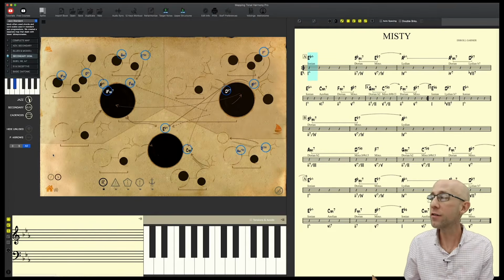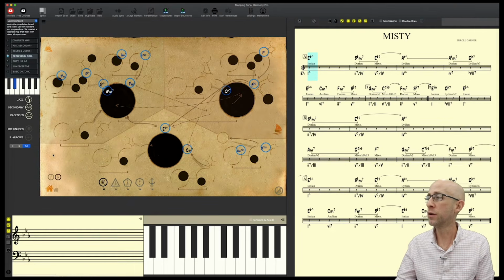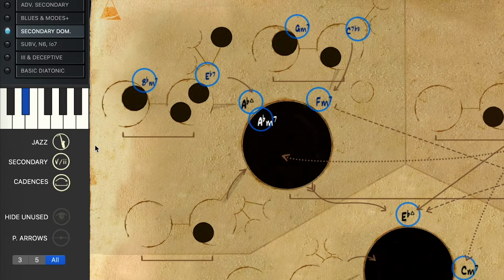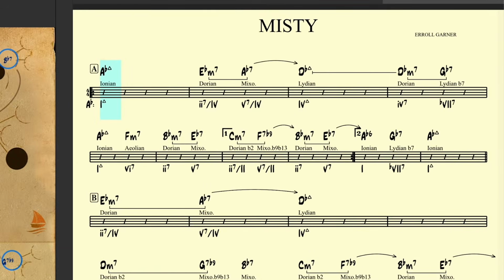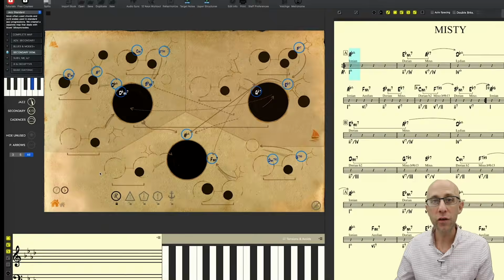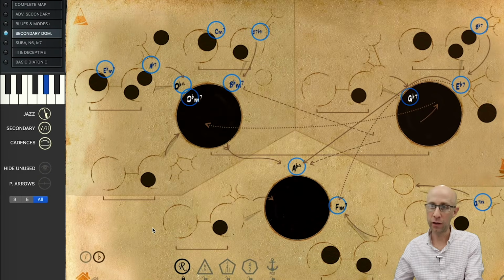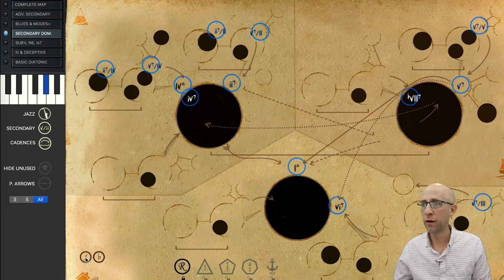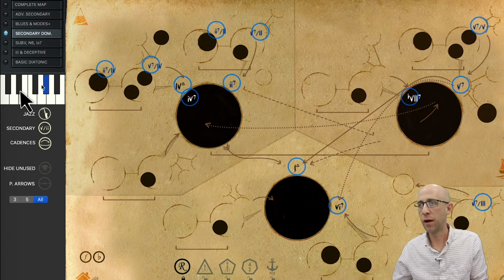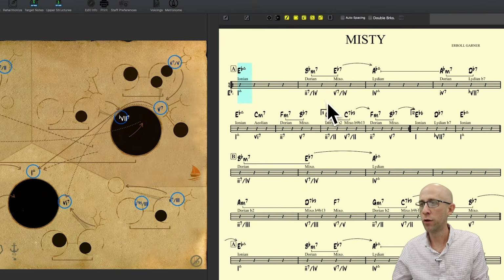All right, so let's change the key that we have here in the real book version in E flat into A flat. Right here, I'm going to click there, and boom. So the chord names have completely changed, but it's worth noting that their purpose or their functions have not. You can see this concept illustrated quite clearly if I click on the function button down here, and then I change from A flat back to E flat, and the map never changes. The chords on the right side where the chart is will, but the functions do not.